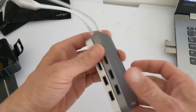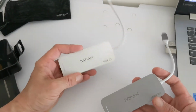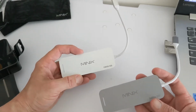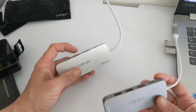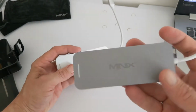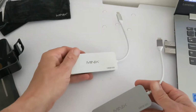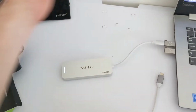The only difference being is the colour, and that the 240 gig has faster read and write speeds, and you can tell the difference when you're transferring files. But nonetheless, they really do give you some extra portability factor here when you think about it, because as I said, you normally get these adapters here, but none have storage, but these have storage built in, and there's plenty of storage there. So if you've got 4K content and the likes, if you're on the go, you can easily transfer. So what we'll do is we'll plug it in and you'll hear the computer,